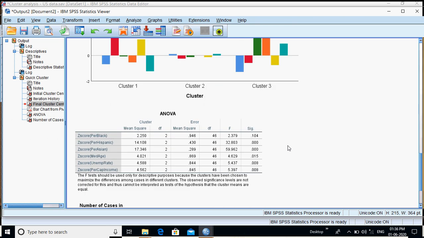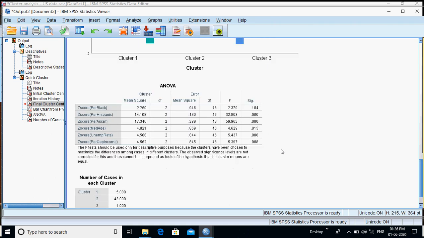So the number of clusters is defined by the researcher and not by the system. Whereas if you look at the other method, say hierarchical clustering, the system itself generates the number of clusters. It could be 10, 5, 7, 8, 9, 3 or 4, whatever. The number of clusters will be generated by the software itself based on the data that we provide. But here, we, the researcher, define the number of clusters.